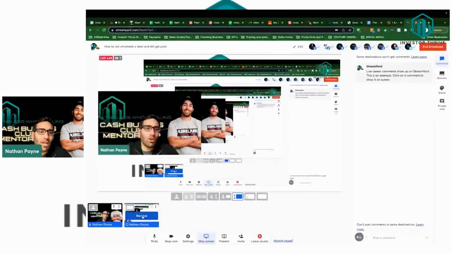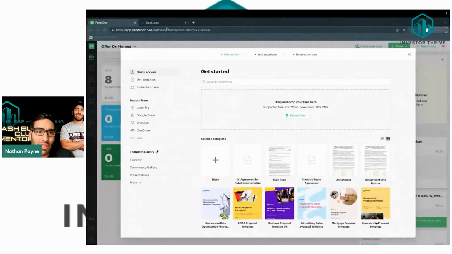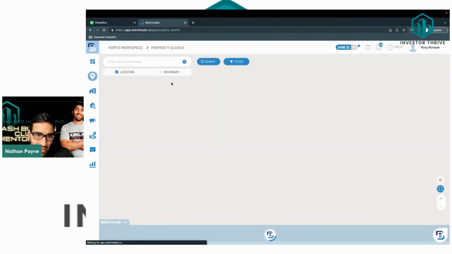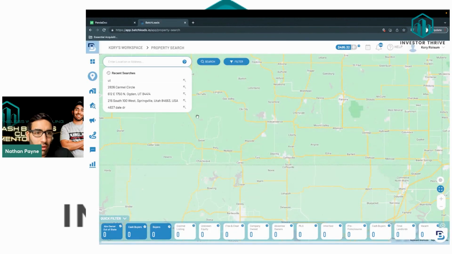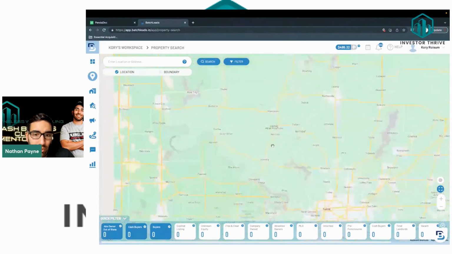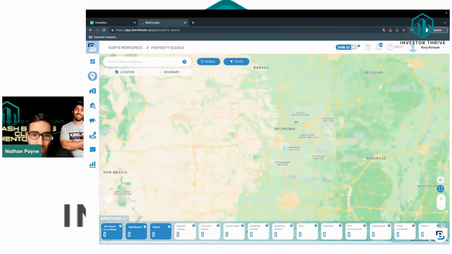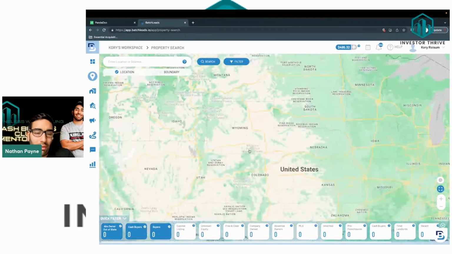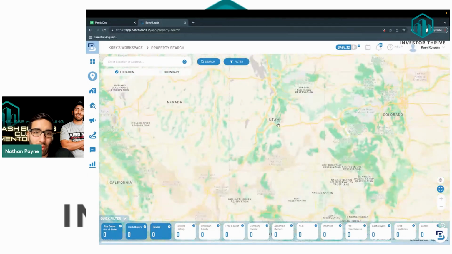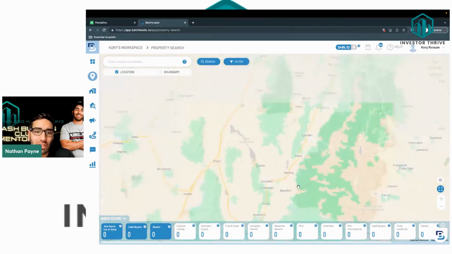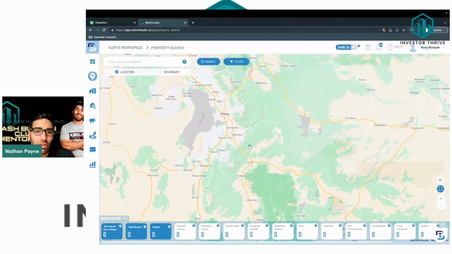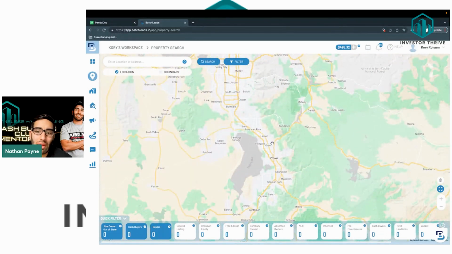And before I show you guys how to do it, let's go into batch, because this is the batch call. Now, guys, this deal I was able to get in Utah. And at first I was looking for buyers on batch, but I actually found this buyer through networking with one of my buddies who had a buyer for the deal. So I'm actually JVing on this deal for a 60-40 split, which is still cool because I still make a good amount, and my friend makes a good amount.